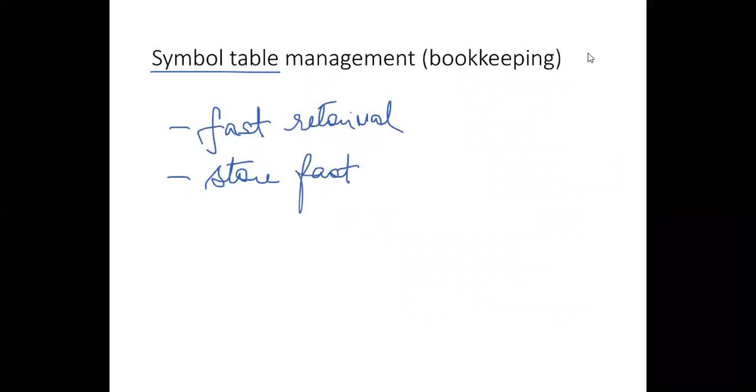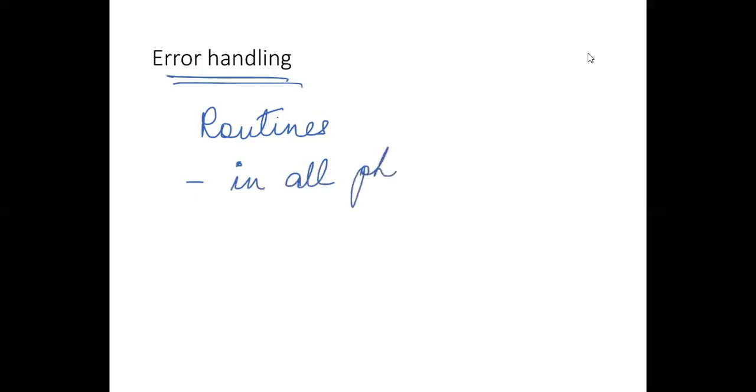And the last thing is your error handling. Like I had already mentioned, errors can occur in different phases of your compilation. So all the errors that occur during different phases have to be handled. There are error handling routines in the compiler, which will take care of errors in all phases. In every phase, it will handle the